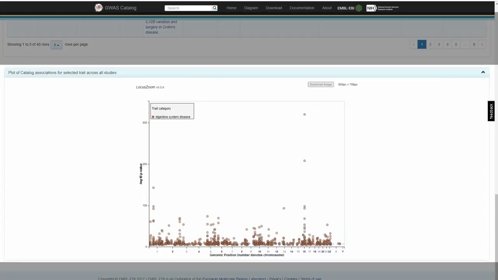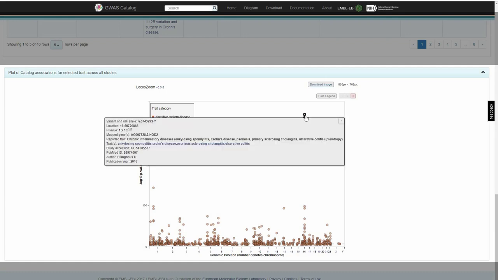The plot of catalog associations for selected trait across all studies section displays a Manhattan plot of all the variants indicated by each dot associated with the disease identified from various GWAS studies listed in the studies section. This is an interactive plot where clicking on the dot displays the variant information.